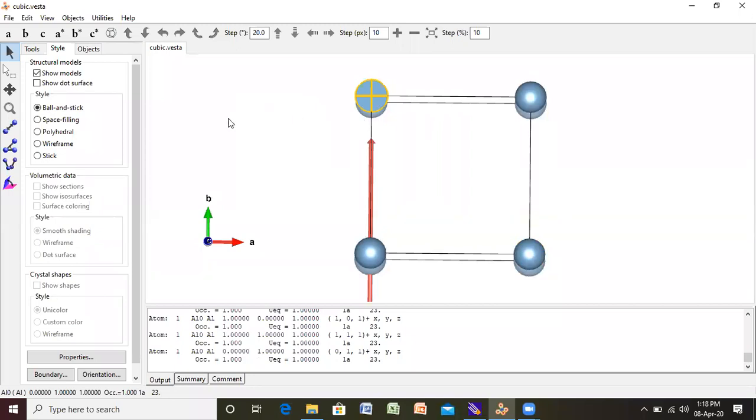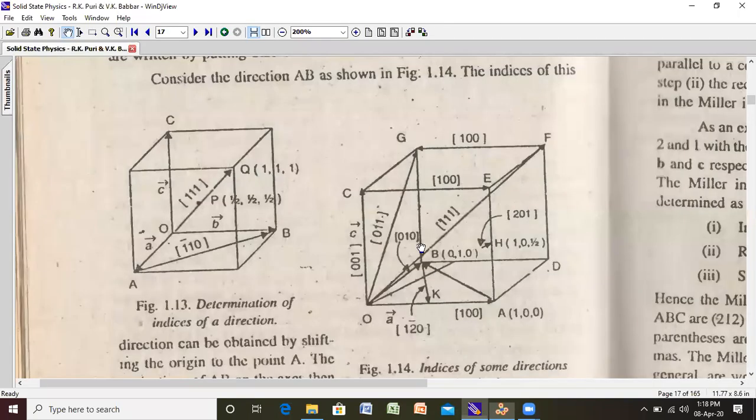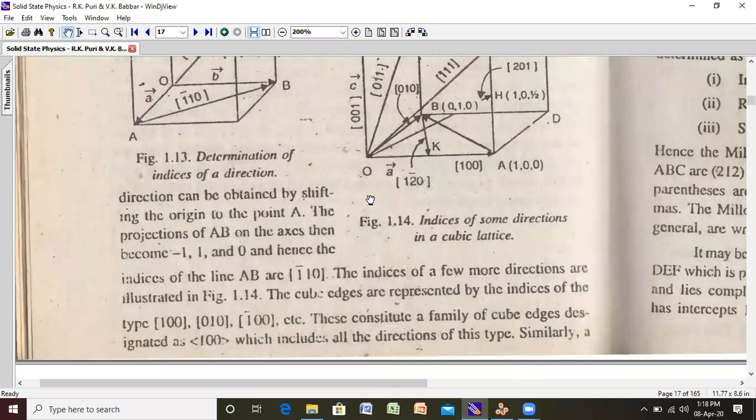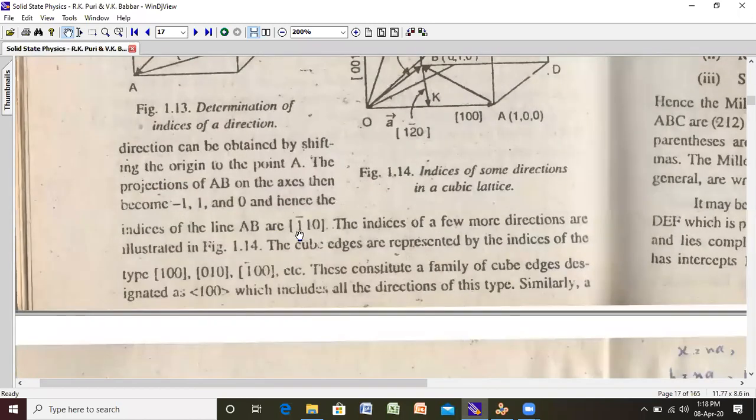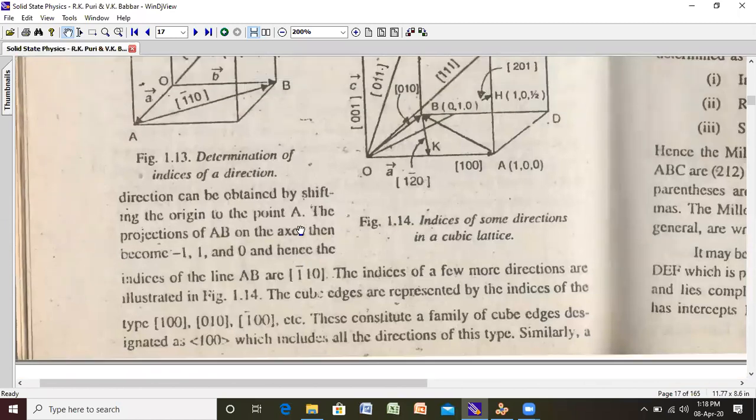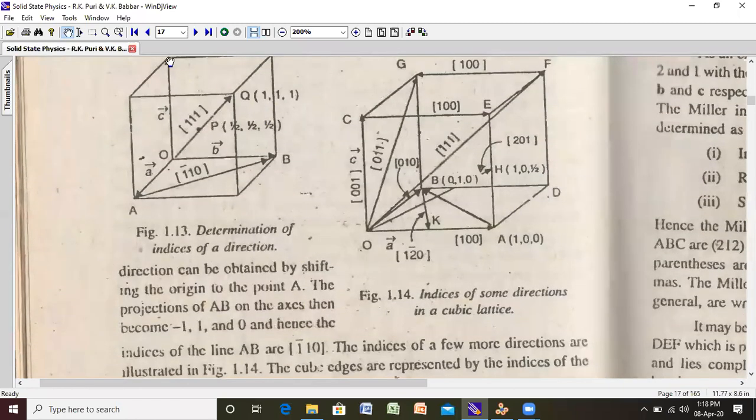ये जो दो के ऊपर एक नेगेटिव साइन बना होता है उसको हम कहते हैं 2 बार, ठीक है, वो किस चीज को शो कर रहा होता है, वो शो कर रहा होता है नेगेटिव डायरेक्शन को। फॉर एग्जांपल मैं अभी इस बुक से आपको कोई एग्जांपल दिखाने की कोशिश करता हूँ, like this one, this is 1 bar 1 0, 1 bar 1 0 means 1 is negative, in the negative direction, moving along the left side of the direction or downward of the direction, ठीक है। यानी फॉर एग्जांपल अगर हम ओरिजिन को यहाँ पर ले लेंगे तो इससे जब नीचे हम मूव करेंगे तो -1 होगा, लेकिन ओरिजिन अगर हम यहाँ पर लेंगे और अपवर्ड मूव करेंगे